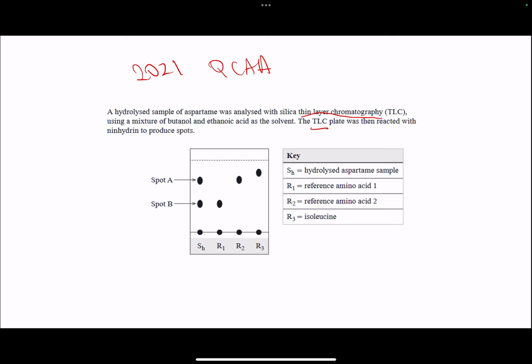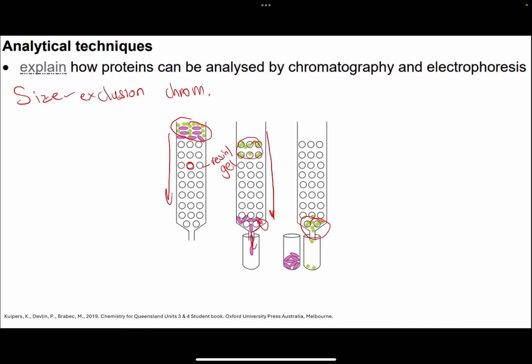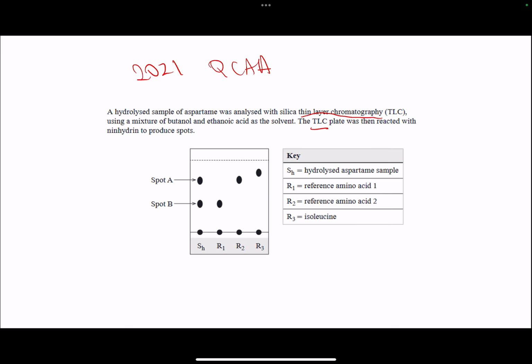Even though they were covered in grade 11, that knowledge is required for grade 12. Technically, you're told that you aren't tested on grade 11 content, but because the syllabus point is so vague and general, just saying analyzed by chromatography, you should probably remember your TLC and your HPLC stuff that you need to know. So in this case,